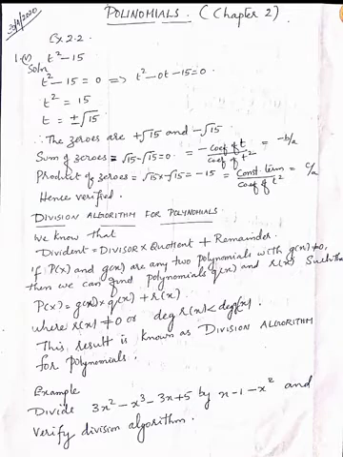So sum of zeros, what will come? Root 15 minus root 15, that is 0. That is same as minus coefficient of t divided by coefficient of t square. That is equal to the formula minus b by a. And product of zeros is equal to root 15 into minus root 15, that is minus 15. That is constant term divided by coefficient of t square. Hence, verified. So the rest of the example you practice in your notebook as homework.